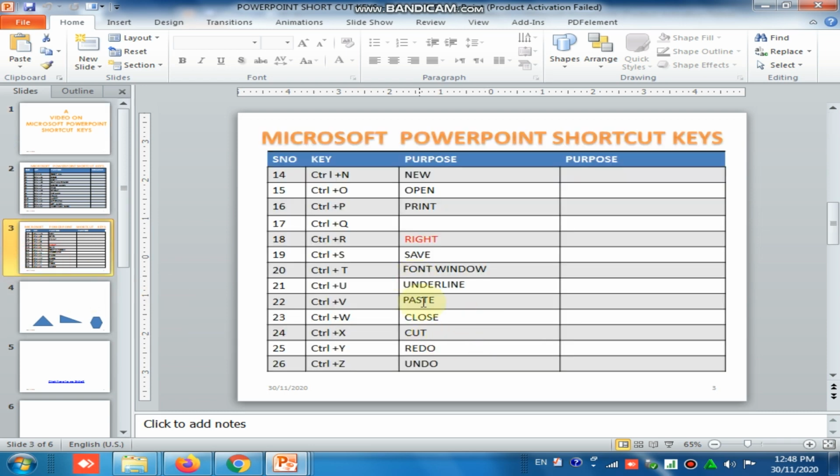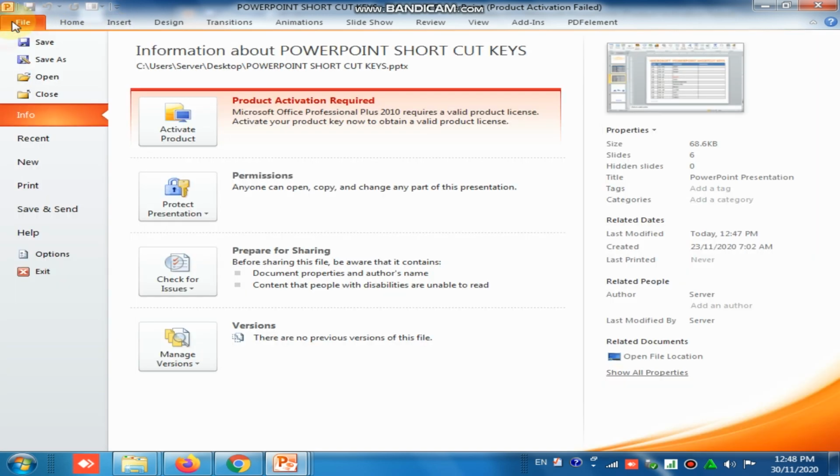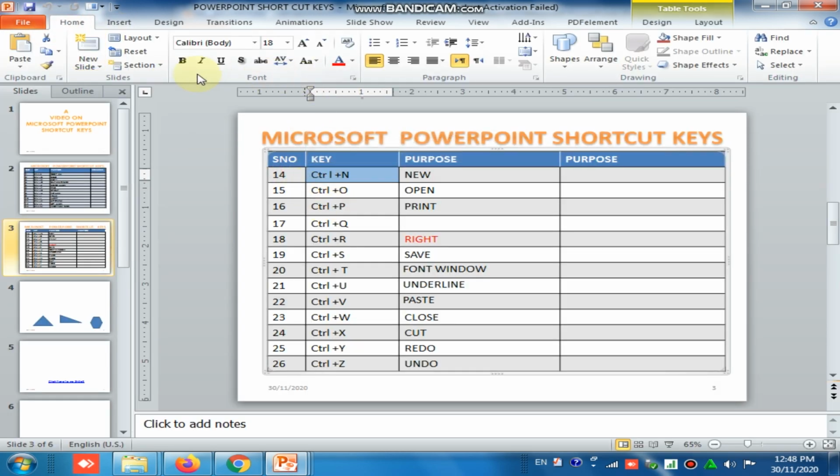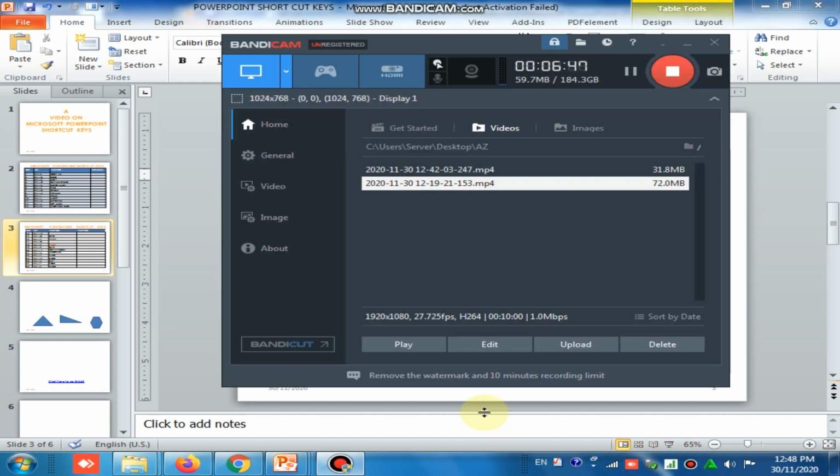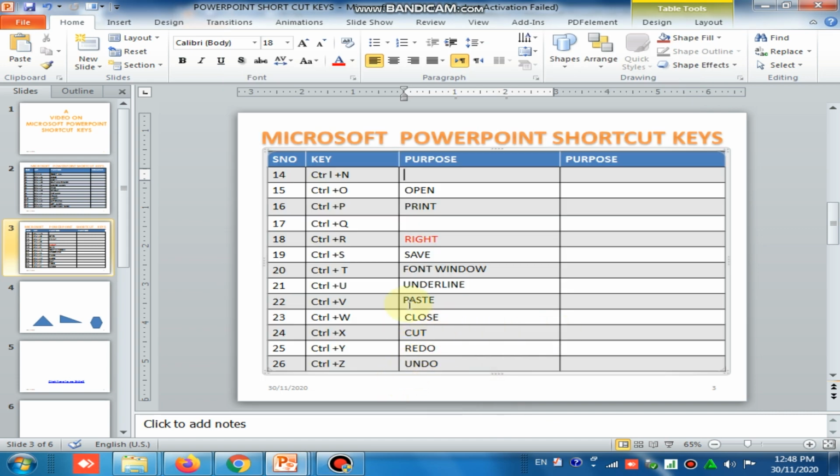Okay, coming to paste, close, cut, redo, undo. Suppose here I make them the same position. So you go to File, Home, undo, redo. You press Control plus Y. By mistake I typed. Now I want to undo, Control plus Z, undo. Again Control plus Y, redo. So you can use Control plus Z, undo, and redo. You can use this way. You can learn all the shortcut keys. Once again I will read.